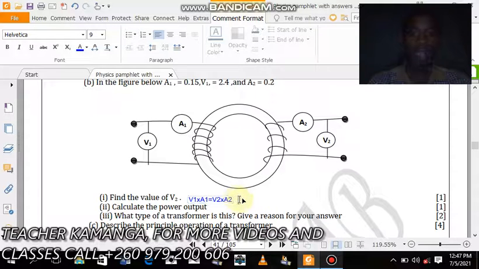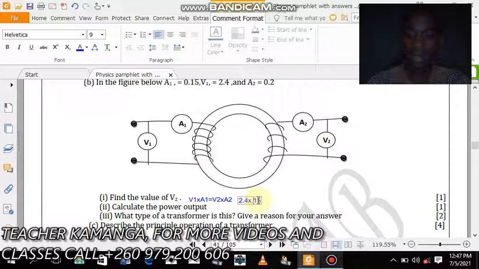Now we just need to replace in this formula where V1 has been given to be 2.4. The V1 is 2.4 volts. Then we multiply by A1, which is 0.15 amps. Then it is equal to